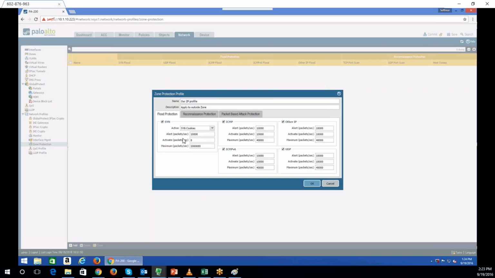So here we can see alert packets per second. If a packet reaches 10,000 per second, this will send us one alert message. Okay, and we can say activate packet, we can say 0 packets per second. And for maximum, we set a maximum of around 1 lakh packets per second. Okay, so if this criteria match,